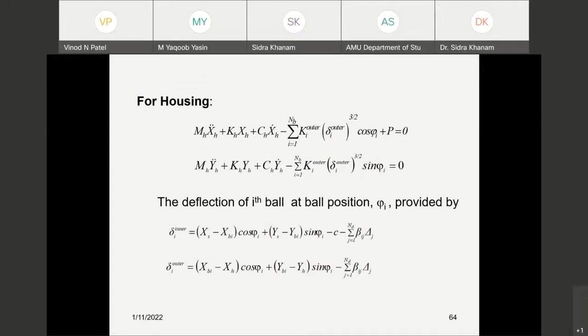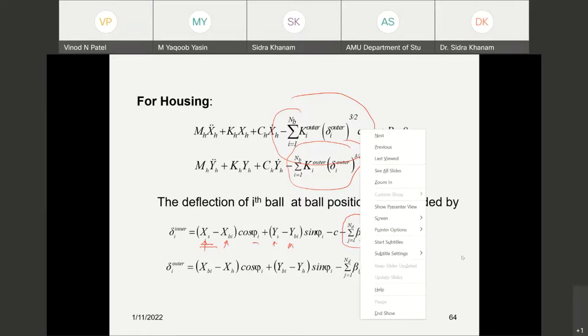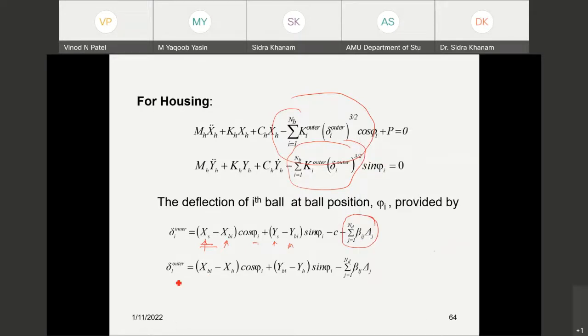For the housing also, the same part will be there. This one and this part is the non-linear displacement, and it can be given in that form directly here. So the total deformation of the ball when it passes through the defect can be given for the X direction: the displacement of the shaft and ball in the X direction, in the Y direction, and this additional deformation is due to the presence of the defect. If a defect is available, the beta value will be 1, otherwise it will be 0. And in the same way for the outer race.